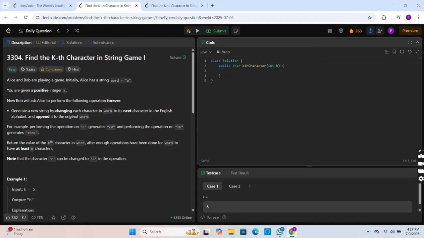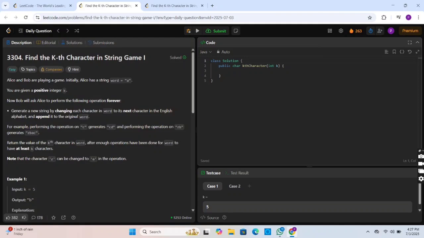We can see that the length of the word is increasing exponentially. We have to output the character at position k in the final string. The fifth character in the generated string is b, therefore we will output the character b.